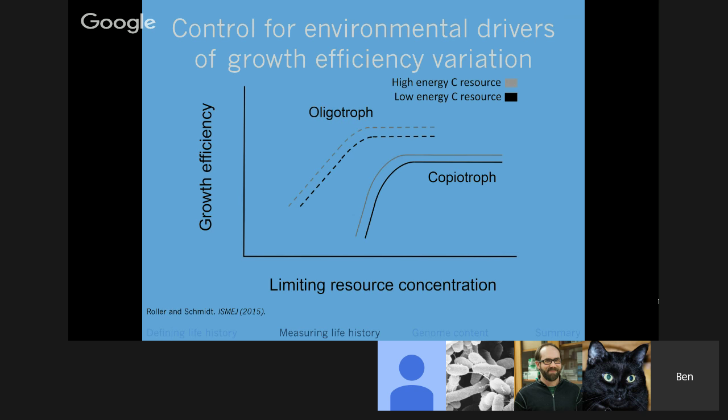So this is a conceptual model of the experiments we want to run. In order to control for the environmental drivers of growth efficiency variation, we need to compare our copiotroph and oligotroph organisms and everything in between under the same limiting resource concentrations and under the same carbon resources available to them. So ultimately what we would be doing in this case with a model copiotroph and a model oligotroph would be to measure these organisms in the red circle where they're exhibiting the same environmental conditions and really ask, is there a difference in the population's mean growth efficiency